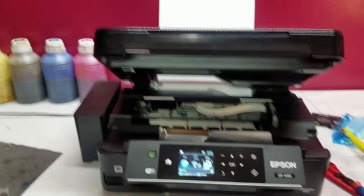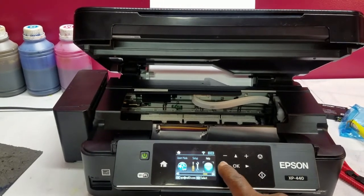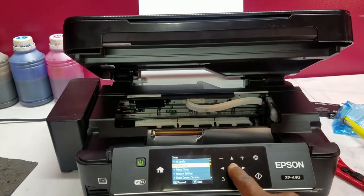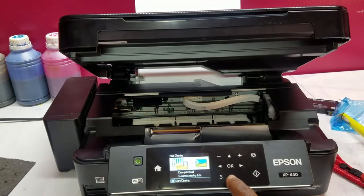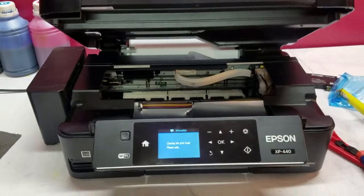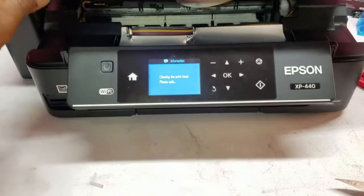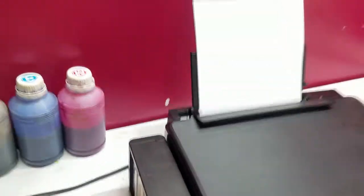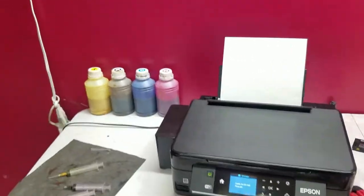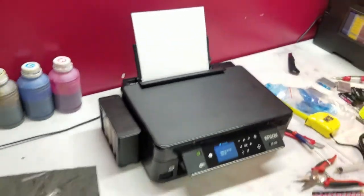Okay, it looks like it's done with this initialization, so I'm going to go ahead and get to a head clean. And then we're going to do a nozzle check after. So right now it's going to do a head clean. And again, it's not giving me any errors yet, so I'm assuming that everything's good to go. I'm going to go ahead and shut this down just to make sure, but that's what it looks like when it's closed down and pretty much ready to go. Like I said, very, very clean